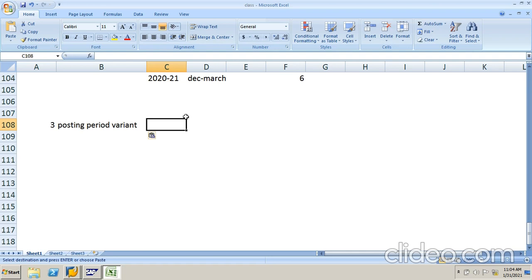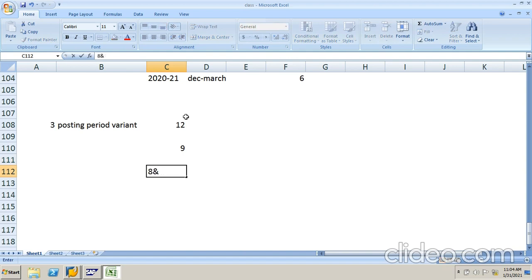See here, we have 12 posting periods, right? So always we have to close the posting periods. Suppose we're in the 9th month. If you are in the 9th month, we have to open only the 8th month and 9th month.